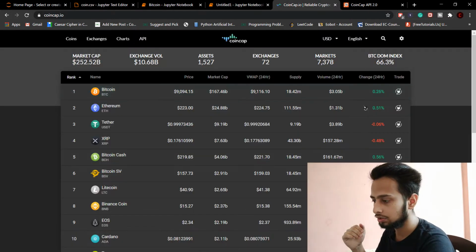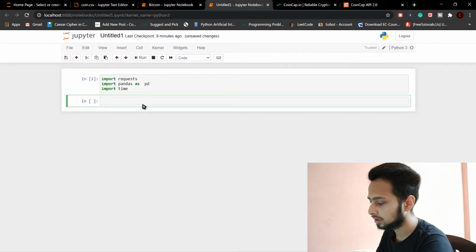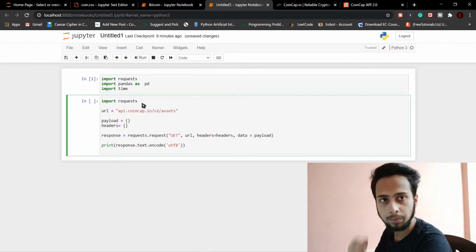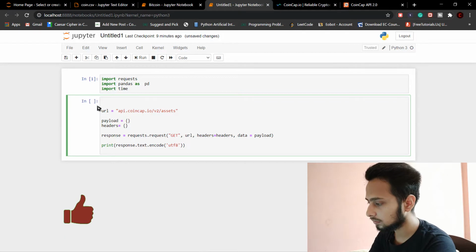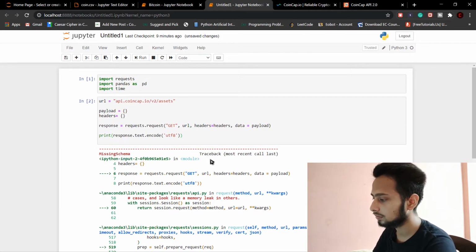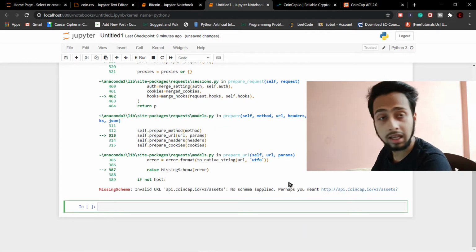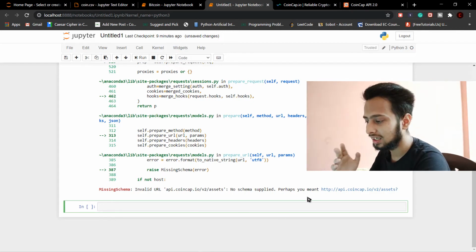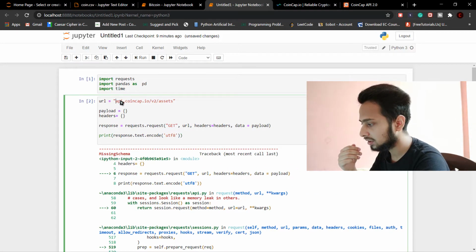Now the next thing that we are going to do is simply copy and paste this code. Just copy it and paste it. We have already imported requests, so we can delete that. And now you can just simply run it. When you run it, it is going to give an error, and here is the fix. Here is what it should be. You can just copy the link and paste it here.